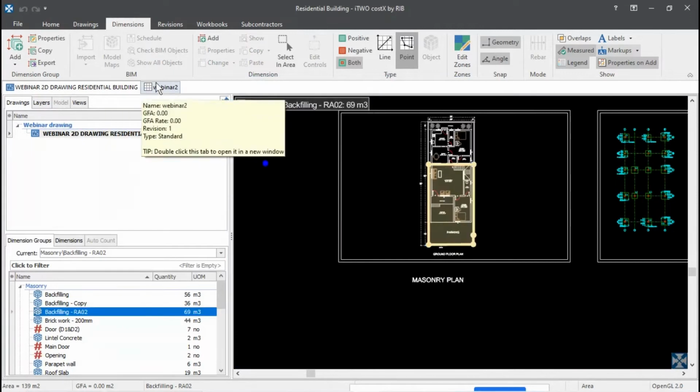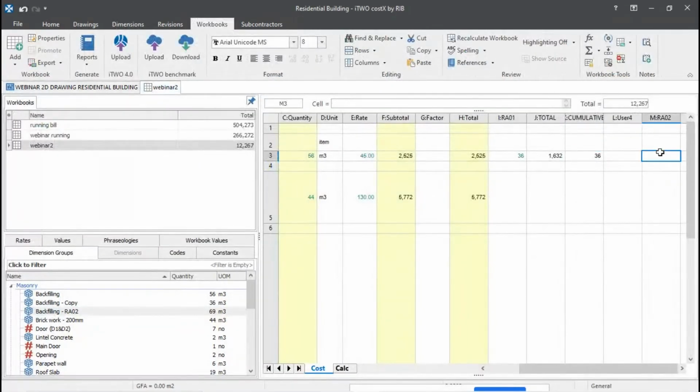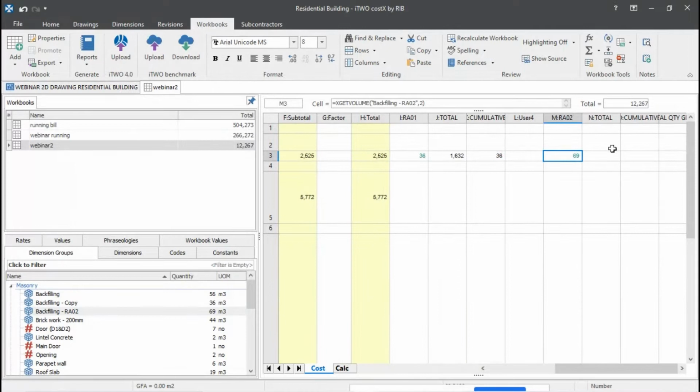So I'm going to go back to my sheet, workbook. I'm filling RA2 quantity, date. Now the total will be M2, the simple spreadsheet formula, M2 into our BOQ price, that is E3. Now the cumulative will be the quantities between two particular bills. So it's going to be M3 plus